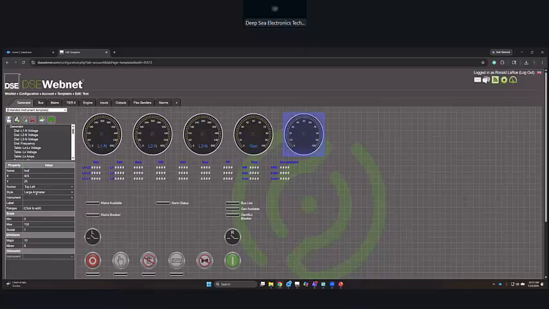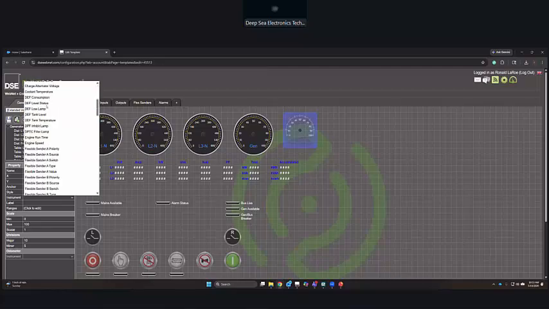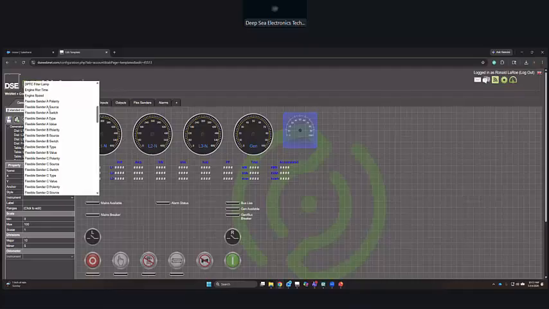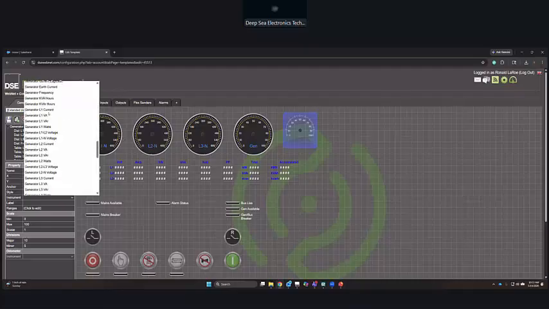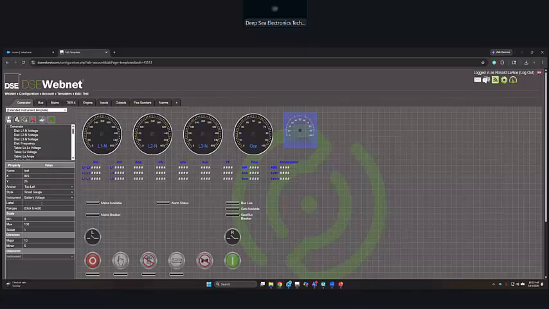I'm going to leave the size alone. You've got large ammeter, you've got rev counter, and you've got a small gauge that you can select from. And then these are all the different senders that you're connected to that you can deal with. So you've got generator, voltages, currents, power factors, you got mains, maintenance alarms, all that fun stuff. So what I'm going to do is I'm just going to add a battery voltage right here, and then I'll